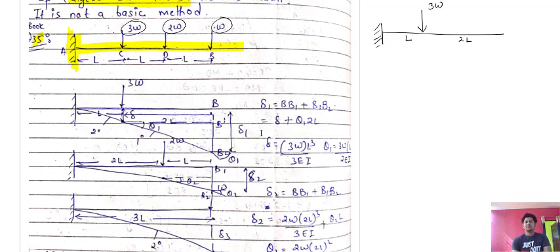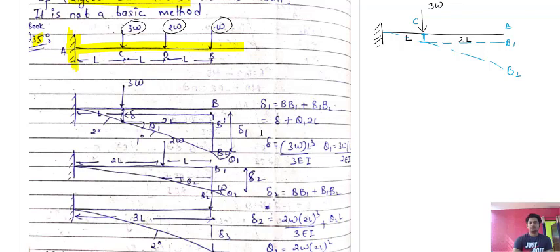If we apply the load on the cantilever beam, how will this beam bend? It will bend something like this. I hope this point is clear. You know the result for this standard case. Suppose we say that this is C point and this is B point. From here I am drawing a line here. Let this point be B1 and this point be B2. I hope this point is clear.